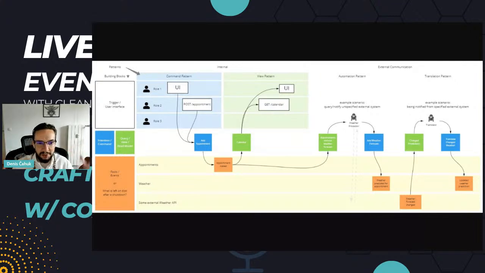We should be enabled to get different people into the same room, into the same meeting, and discuss, hey, if you move that button from this screen to that screen, I need to change my backend architecture. That is often the case. Or if you move this functionality from this screen to this screen, I need to change how the mobile application is structured. This is a very natural downstream consequence. But most of our documentation is not handled that way.